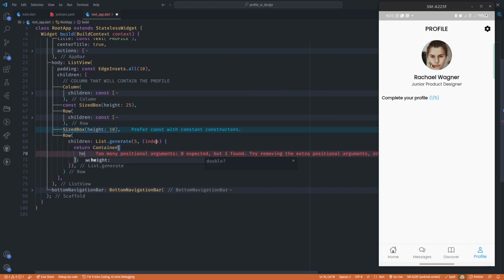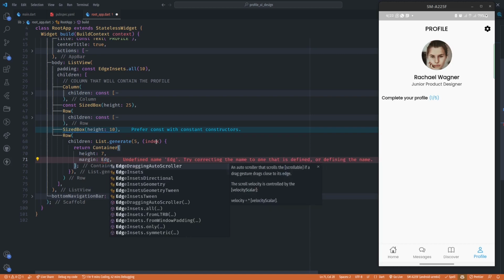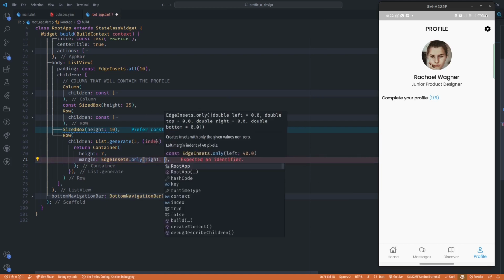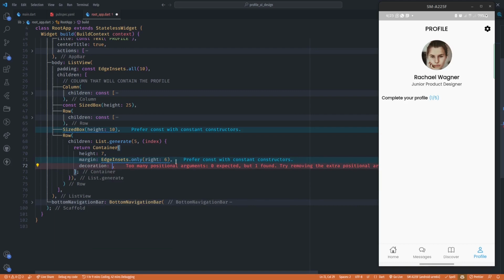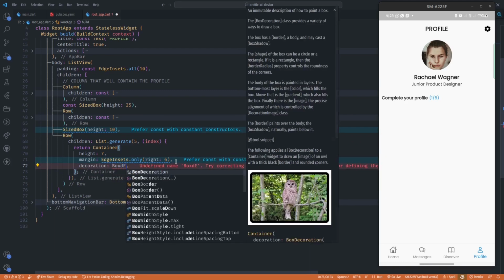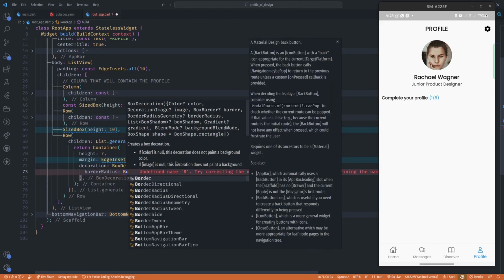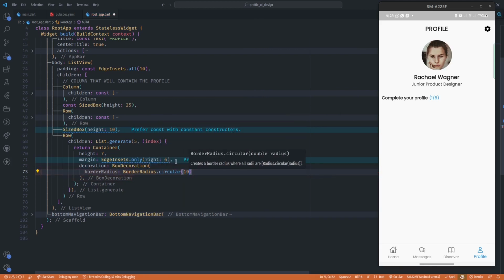and add some height, so a container of height 7, and then a margin, right? So we want to have margin to separate the containers. So I'm going to have margin of EdgeInsets.only right of 6, right? So there'll be margin of 6 on each container. And finally a decoration, BoxDecoration, border radius of circular, so I want to round the corners of this container a bit, passing a value of 10,